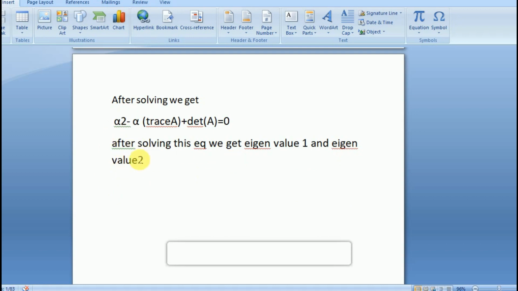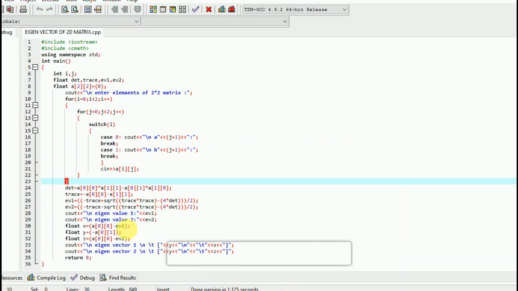For solving this equation we will use the simple quadratic equation solution. You can also see my video on solving a quadratic equation in the I button. Here we use the quadratic equation solution. Eigenvalue 1 is equal to minus trace plus square root of trace square minus 4 det, upon 2a.